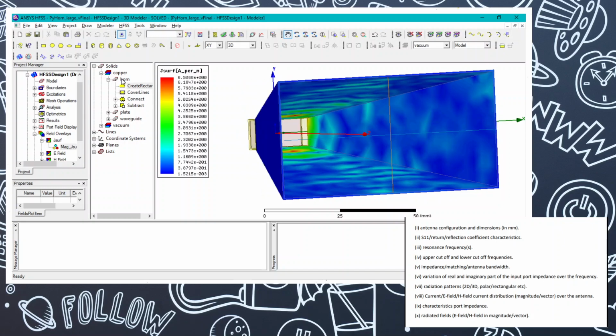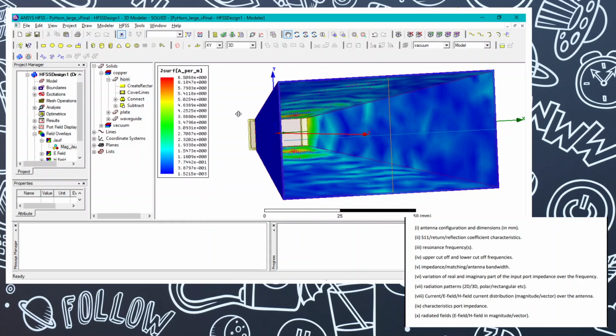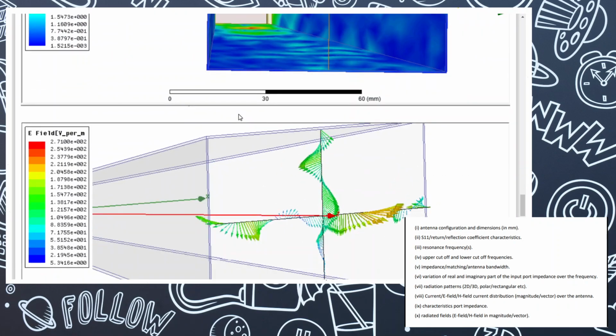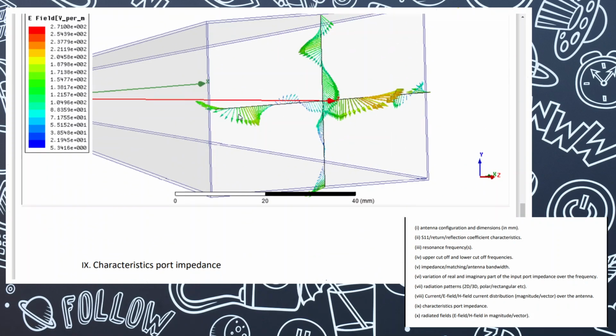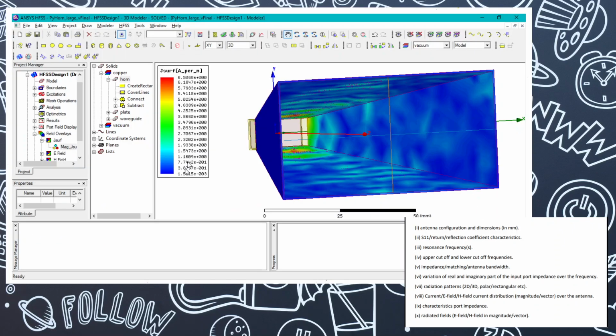And you can also create a distribution by going to plot fields, J and J magnitude, J surface, which is the surface current that will be plotted. So after that you can create yours also using the same method. And this is for that. And if you want to plot the electric field and magnetic field along this axes, you can do so even by going to